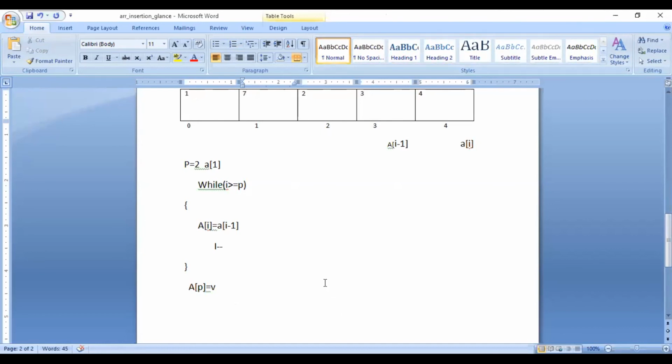Okay, 4. Okay, so we have elements n equal to 4. After inserting the element, now n equal to 5. So we can say the number of elements is being incremented by 1. N equal to n plus 1. We can also write it like this, n plus plus. Is this clear to everyone? N plus plus, yes or no? The statement n equal to n plus 1, or we can say n plus plus, is clear to everyone?